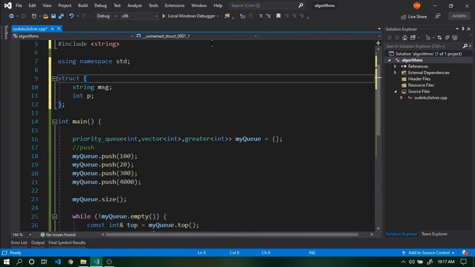We will just simply call it P. So it will have a string called message, and an integer called priority P. And our struct will have a name, let's say MSG, capital MSG.